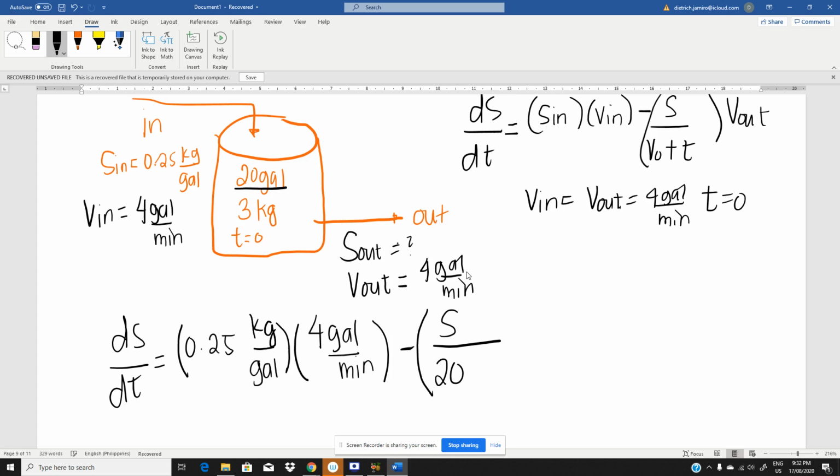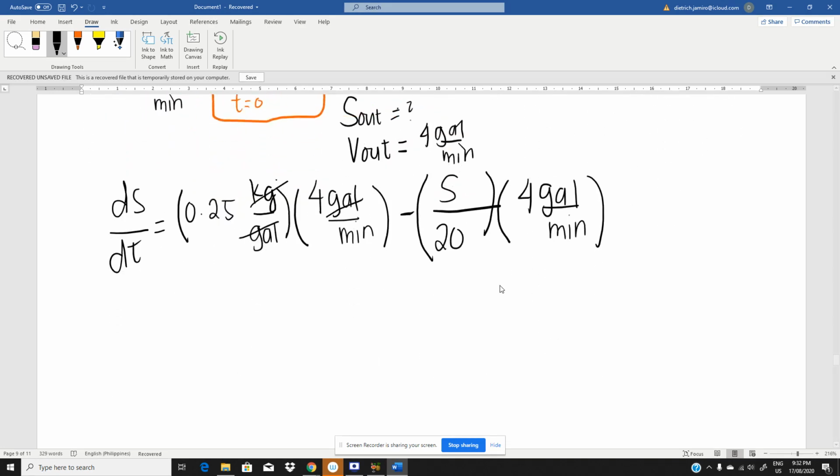So 20 plus T, and our T is equivalent to 0, so I will not write it. And then multiply by our V out, which is equivalent to 4 gallons per minute. So as you can see, this will cancel out. Sorry, we still have kilograms. So we will have ds over dt is equivalent to 1 minus 4 over 20, that's 1 over 5,